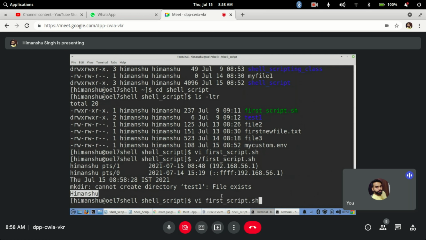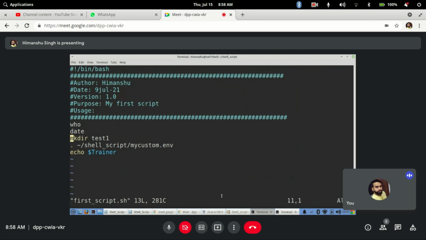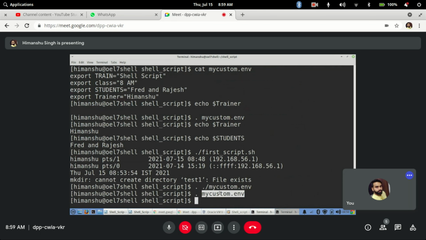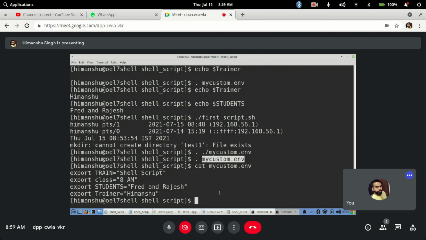Now in the same way you can use it for multiple entities. Let's say I will remove everything, I will comment out all the other commands. Now, having commented it out, let's say my environment file had these entities: training.